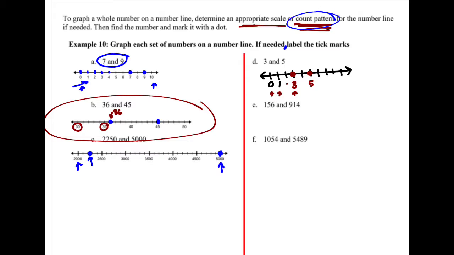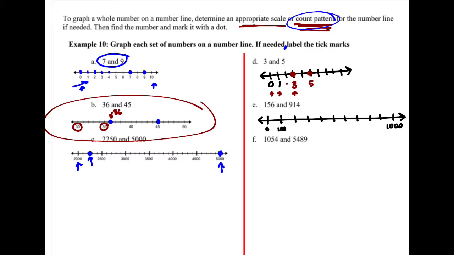Okay, the next number line, 156 to 914. So we're going to count by bigger numbers, aren't we? If I did a 0 here and I went to 1,000, I think I can do that. Let's see. So 100, 200, 300, 400, 500, 600, 700, 800, 900, 1,000. Yep, looks like I can fit it in there. Whoops, one more 0, huh? And I'm counting by 100s. So that would put